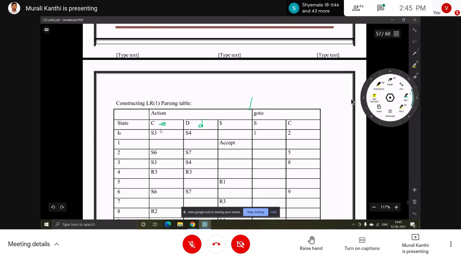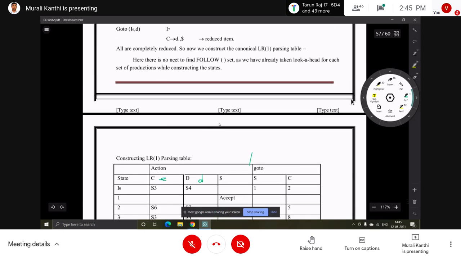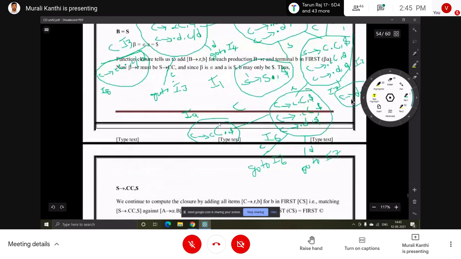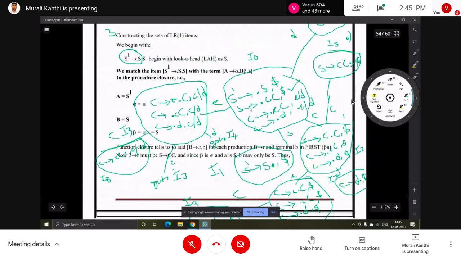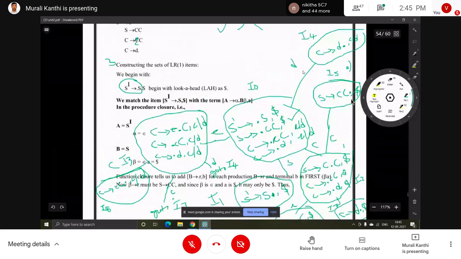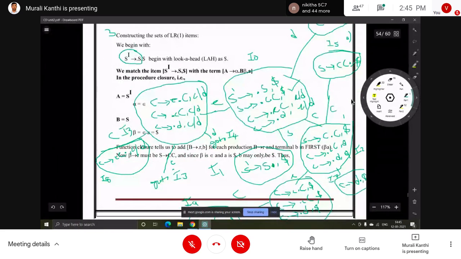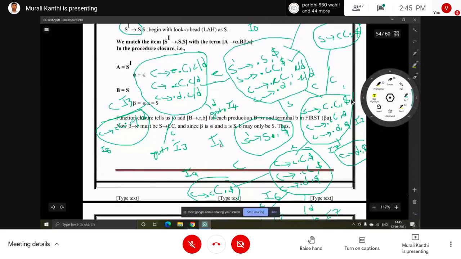Next, I0 with small c, with d, with dollar, whatever we got in the diagram, we have to check. With small c first, what is the name? I3, so that means S3. With small d, S4. With capital S, 1, so don't write S1. With capital C, 2.